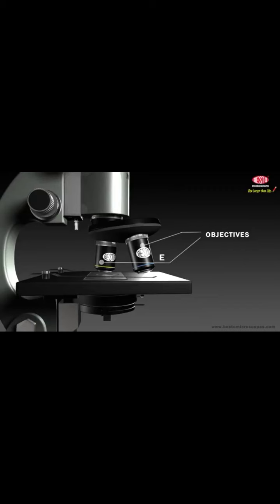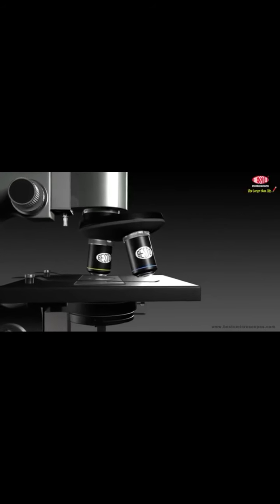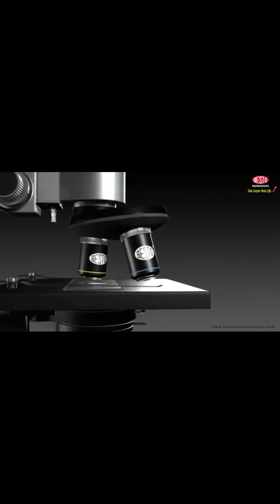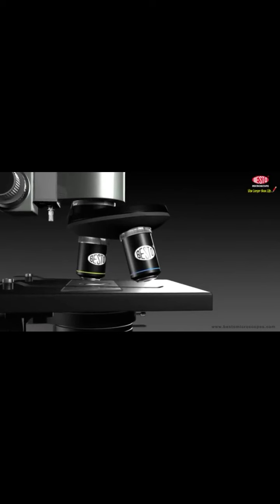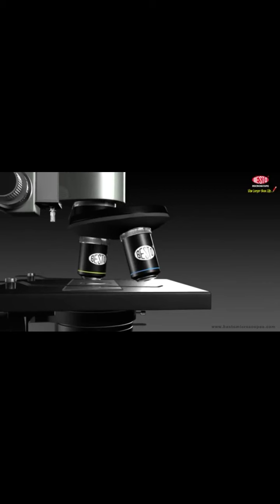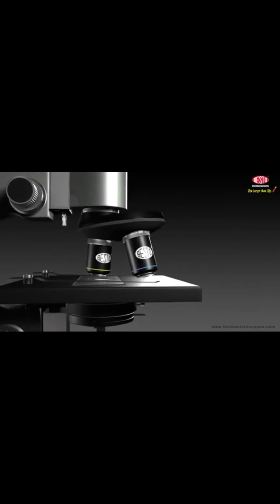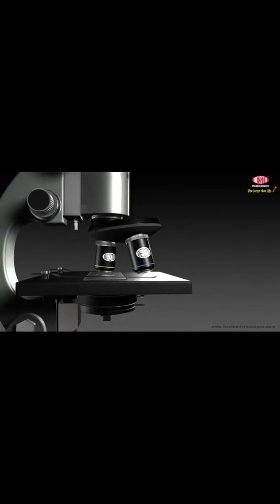E. The objectives are the parts at the bottom of the body tube closest to the sample you are examining. Each objective has a lens and a tube-like holder, the mount. The longer mounts hold the stronger lenses, the high power lenses. The shorter mounts hold the weaker lenses, the low power lenses. Like the eyepieces, objectives also come in various powers. A microscope has several objectives, for example, 4x or 5x, 40x or 45x, and 100x. Some microscopes only have 1 or 2 objectives.